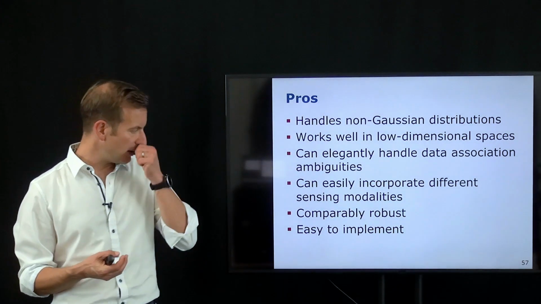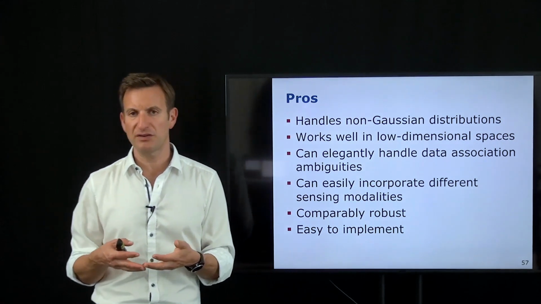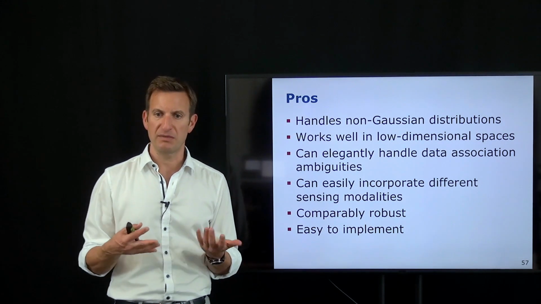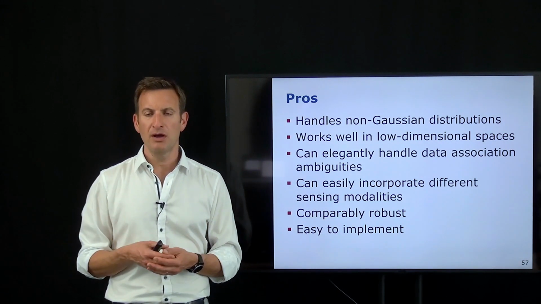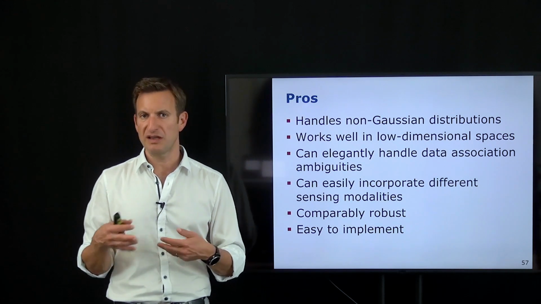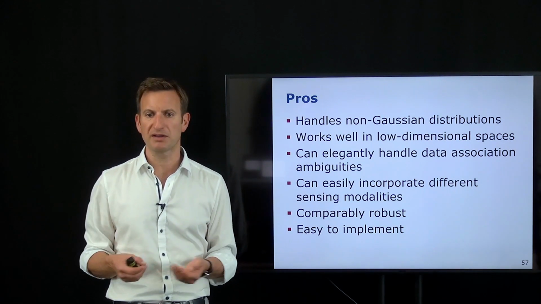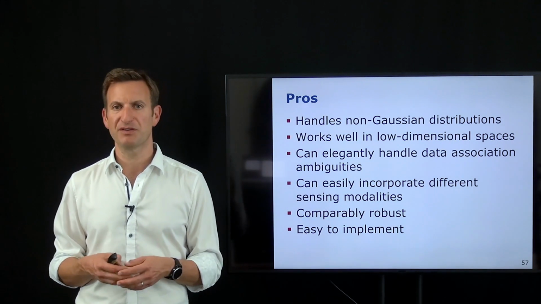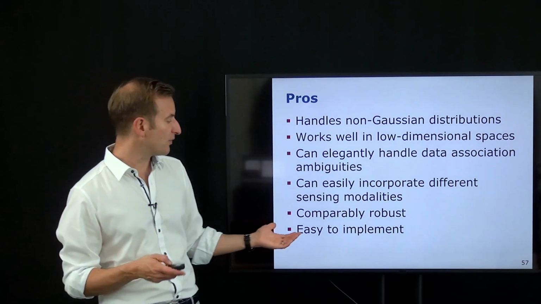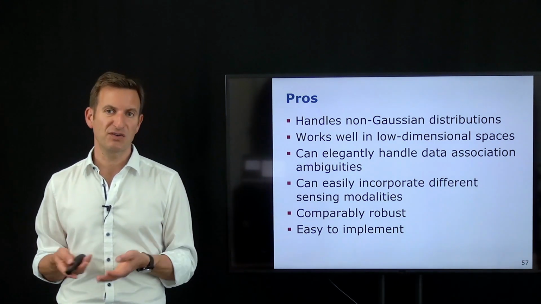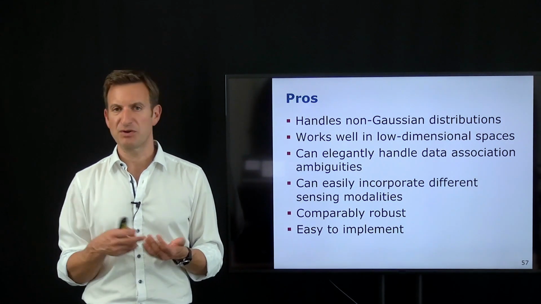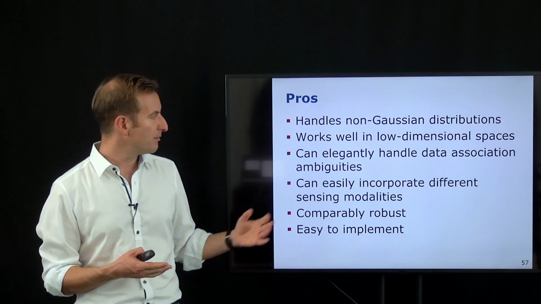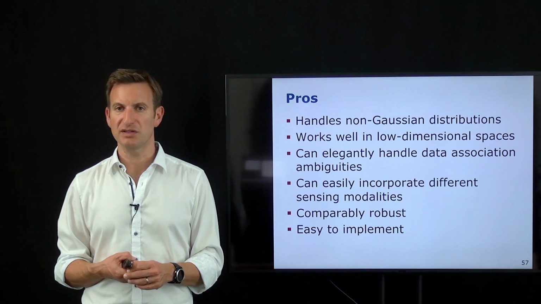You can also easily integrate multiple sensing modalities by just multiplying the weight with the weight computed from another sensor, so that can be very easily done. It's also comparably robust, so even if you make some mistakes and your models are not perfect, your particle filter will still compute quite good beliefs, and even in suboptimal setups perform quite robustly. And it's furthermore very easy to implement. You suffer from a very small number of problems, especially numerical issues. If you look into a Kalman filter, for example, that can be more tricky. The particle filter has fewer issues that you typically need to deal with.